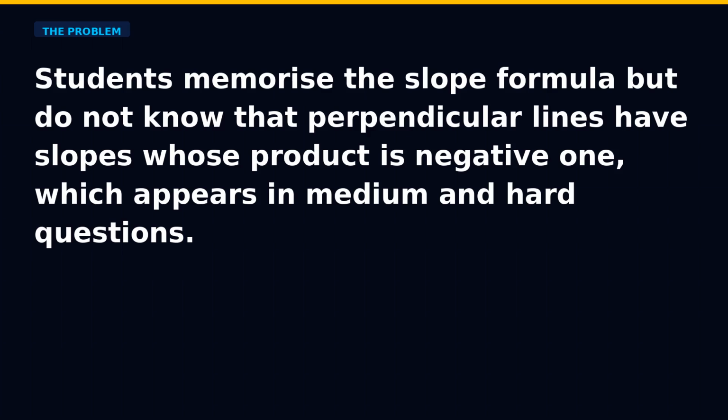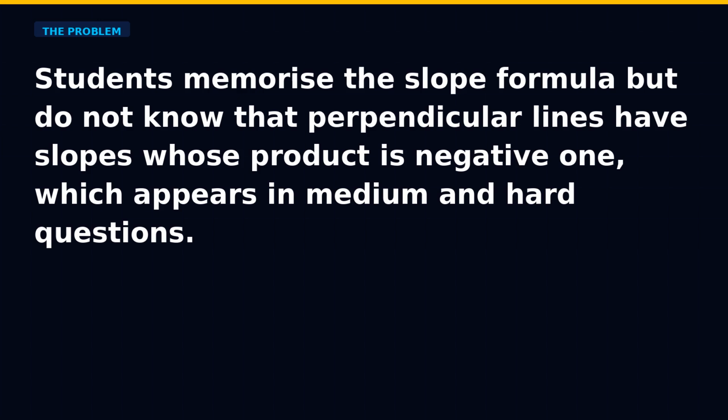The most commonly missed coordinate geometry fact on GRE is the perpendicular slope relationship. Students know parallel lines have the same slope, but perpendicular lines have slopes whose product equals -1. A line with slope 3 is perpendicular to a line with slope -1/3. A line with slope 2/3 is perpendicular to a line with slope -3/2. This relationship appears in medium and hard questions where one line is described and you must find properties of a